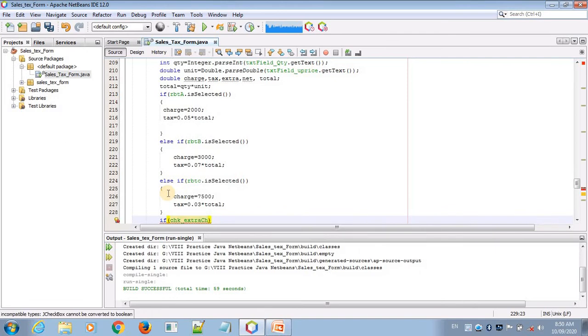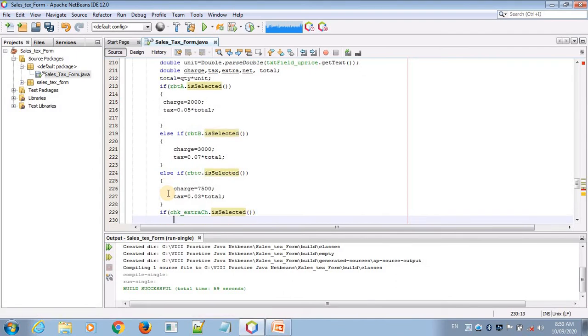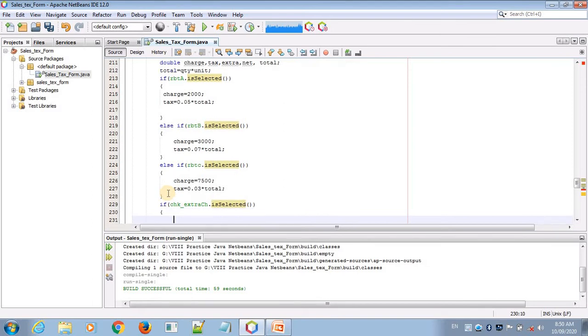If the checkbox is also selected by the user, that is also added into the total. This extra is how much? 5% from the total. So extra equal to 0.05 into total, because I have already taken the extra variable.